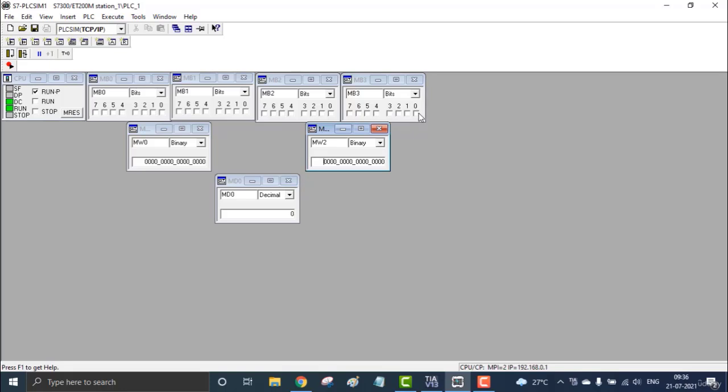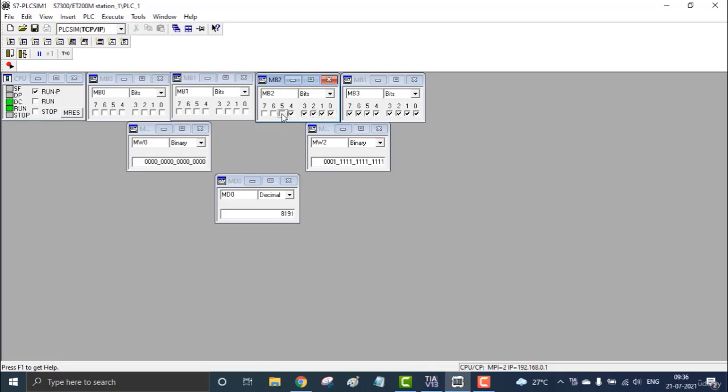You can see I'm just making the first bit on. It's a 32-bit. MD0 is actually 32-bit, this 16 plus 16. The 16 bits are formed from MB2 and MB3, and MB1 and MB0's 16 bits are combined. You can see the first bit is on. Here you can see 1, 1, 1, 1, 1, 3. The values are incrementing in this order, 255, 511, like that.